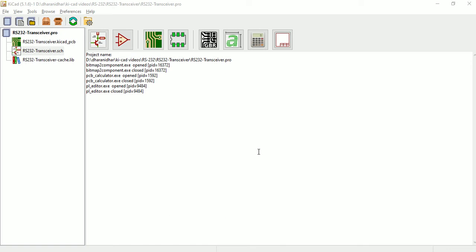Tools like OrCAD, which has Allegro, Altium, and the Mentor Graphics tools like DX Designer. There are several tools available, but this has features which are easy for a beginner to learn. Now, before just going to the introduction, let us see what.